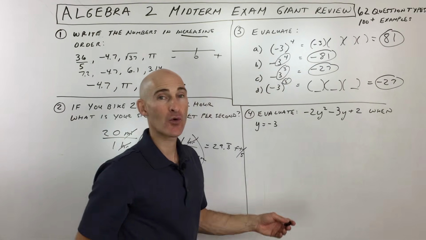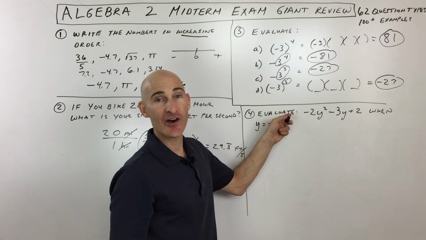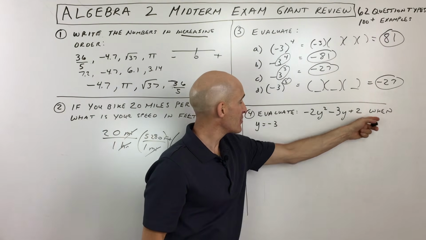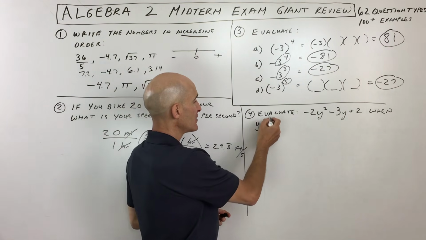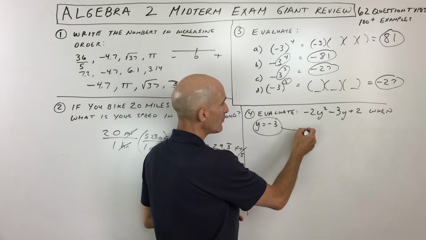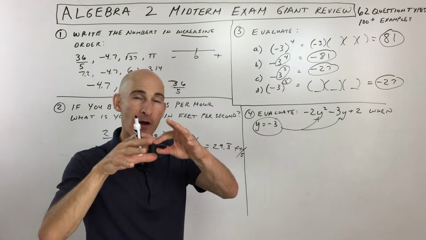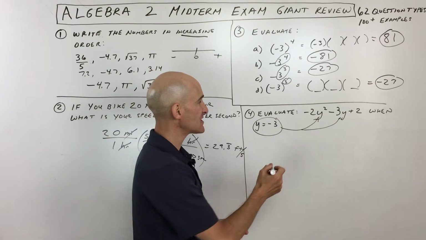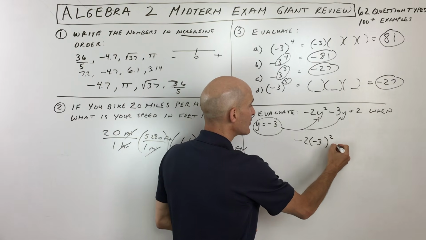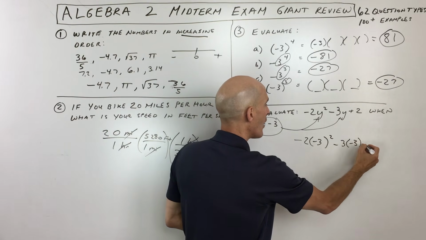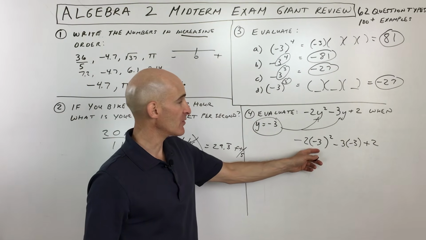Okay, so good question, order of operations. Number 4 says evaluate, which means find the value of this expression here when y equals negative 3. So all they're really telling us here is, this is just a typical substitution problem. We want to put negative 3 in wherever we see y. Now when you do these substitution problems, I recommend putting it in parentheses so it takes it as a group, or if you put it in your calculator it takes it as a group. Otherwise, you can get the wrong answer if you do it without having the parentheses.